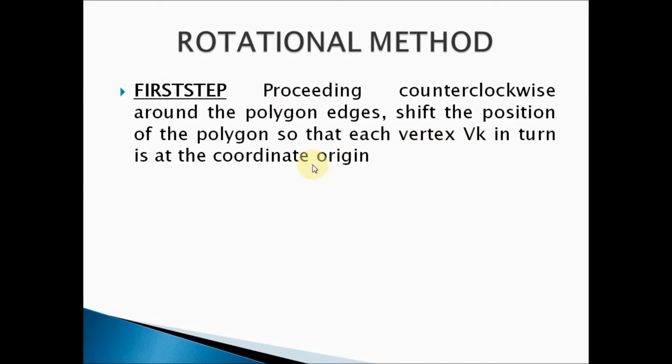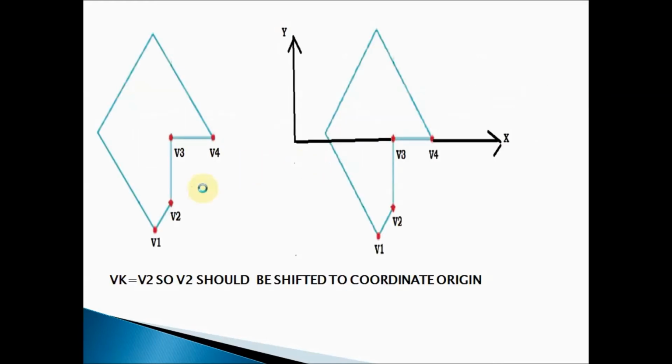Now what is this? It is very simple. So see here, this is our polygon. You can see here the vertices v1, v2, v3, v4 are the coordinates. v3 and v4 are at the origin, but v1 and v2 are not at the origin. You can check. This is our polygon, right? This is my concave polygon.